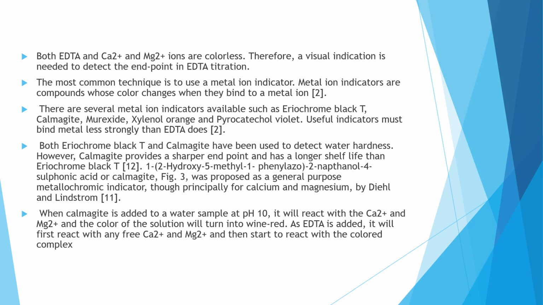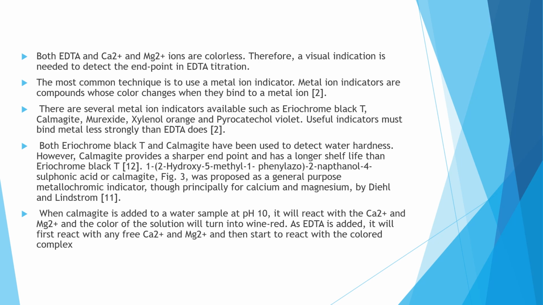Both have been used to detect water hardness. However, calmagite provides a sharper endpoint and has a longer shelf life than Eriochrome Black T. 1-(1-hydroxy-4-methyl-2-phenylazo)-2-naphthol-4-sulfonic acid, or calmagite, as shown in Figure 3, was proposed as a general purpose